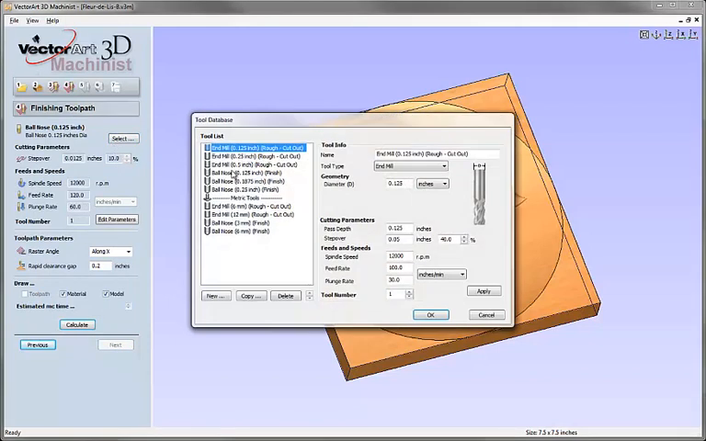I'm going to select from the tool database a 1/8 ball nose tool. So this is a finishing tool, 1/8 diameter. It's got a round end, and you can see that one of the most important parameters in here is the step over. This is the distance that the tool is going to move over between each pass it makes across the 3D model. We can then come in and set our feed rate and our plunge rate to appropriate values